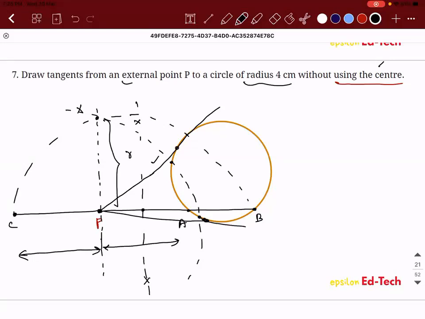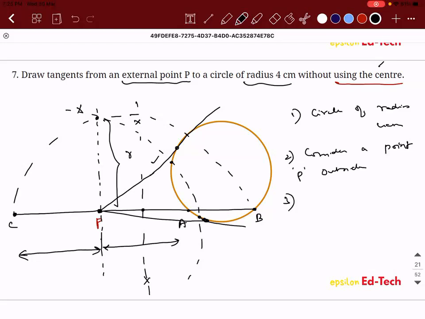So can you repeat? I'll tell you the steps. First step is what? You will draw a circle of radius 4 centimeter. Second, consider a point P outside somewhere. So once you consider it, from point P,